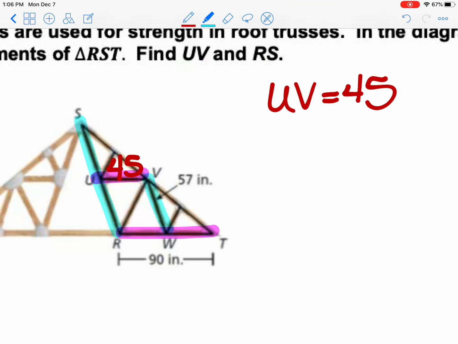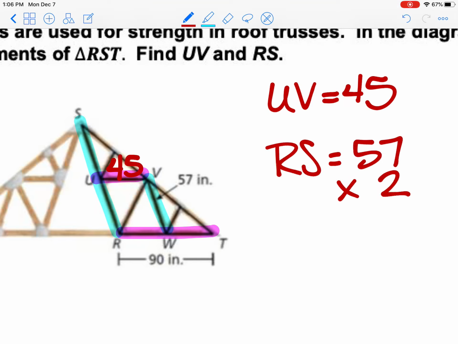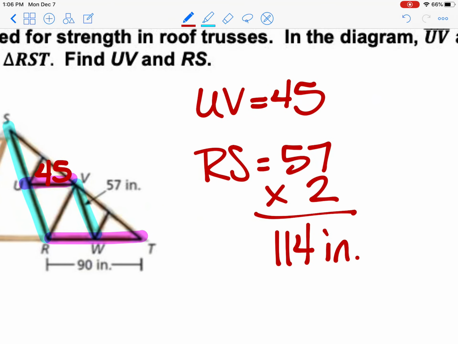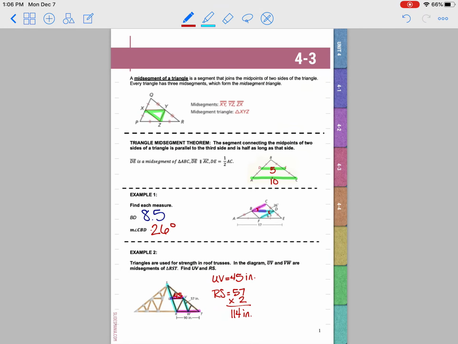And then if we're looking for segment RS, we know it's parallel here to VW, and so all we have to do to find RS is to take 57 and double it. And if we double 57, that gives us 114 inches. Same thing here, and then we have both of our answers. So the one thing to remember about midsegments is the midsegment is half of the outside length of the triangle. So highlight your parallel lines and